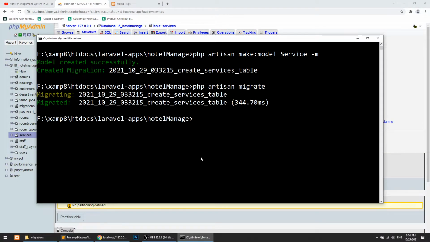Now let's create the controller with php artisan make:controller ServiceController, and this will be our resource controller.